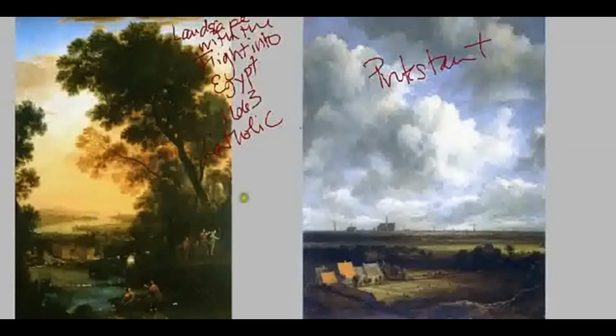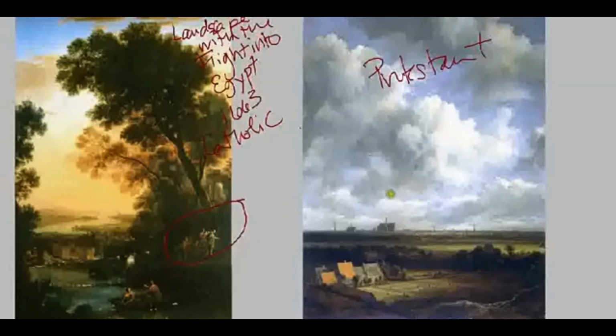Interestingly, he does insert little stories, and that is Claude I'm talking about, into his landscapes, almost as a way of justifying the rest of the landscape. So this is Landscape with the Flight into Egypt, and that's exactly what we see within this circled area here. The flight into Egypt was a biblical story, a story of the Holy Family fleeing King Herod, who had ordered all babies to be murdered because he had heard a young king was born. So this is the Holy Family fleeing into Egypt. But essentially, this is just a landscape painting. You can't really see this little detail in here. You might not notice it right away.